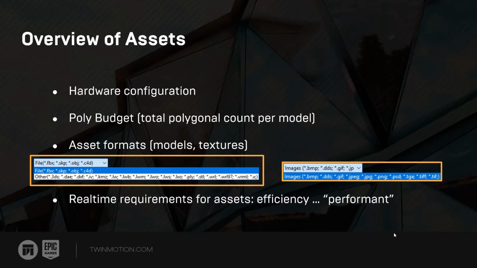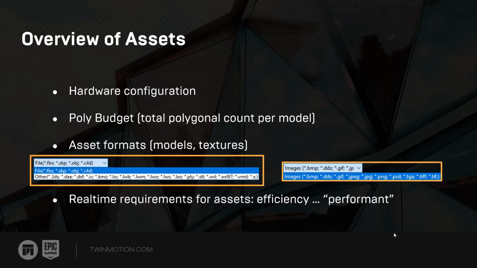So the first thing I want to mention is that the hardware configuration for the user is an important consideration when building a project in any real-time environment. So obviously with higher-end hardware, for example, a super high-end GPU, enough RAM, really fast, adequate storage, for example, solid state, something that's quick read and write, and of course CPUs as well, to be able to produce really high-end imagery or video,